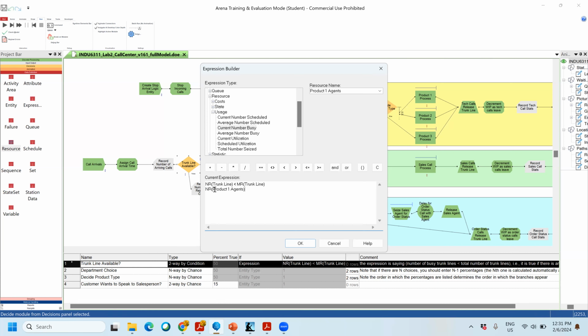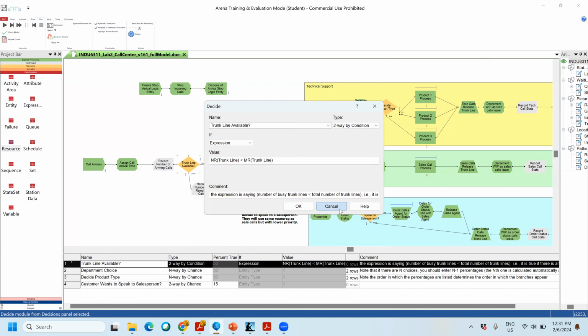And the resource that I want to make this decision for should be chosen as the trunk line. It should be less than the current number scheduled. When I choose current number scheduled, you see that it is using the abbreviation MR. So I have this decision